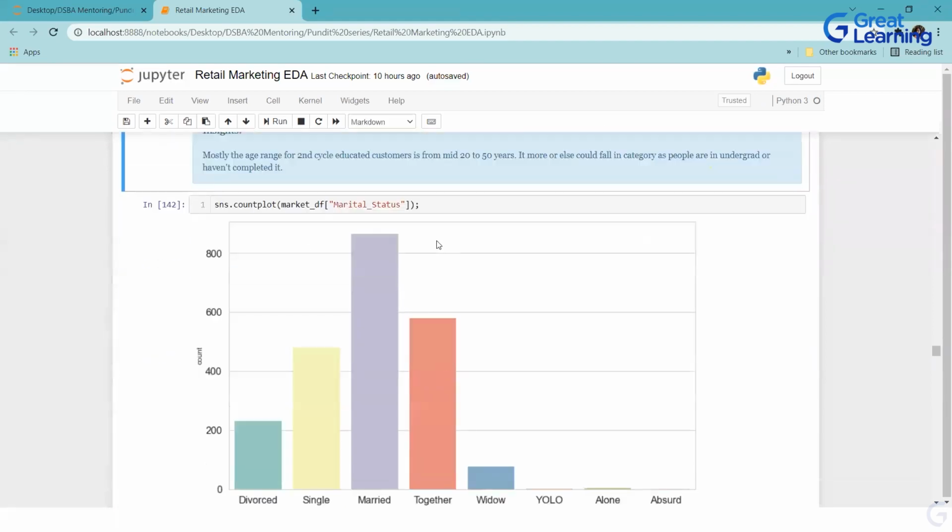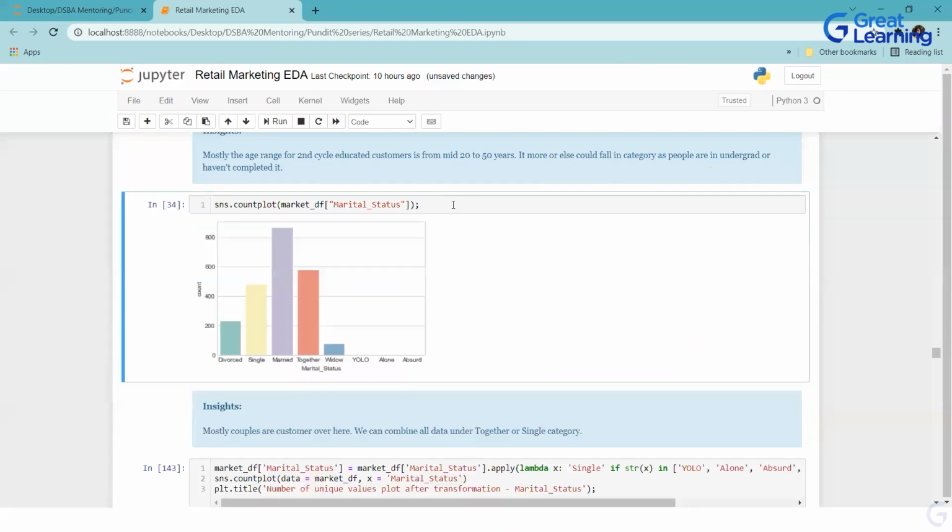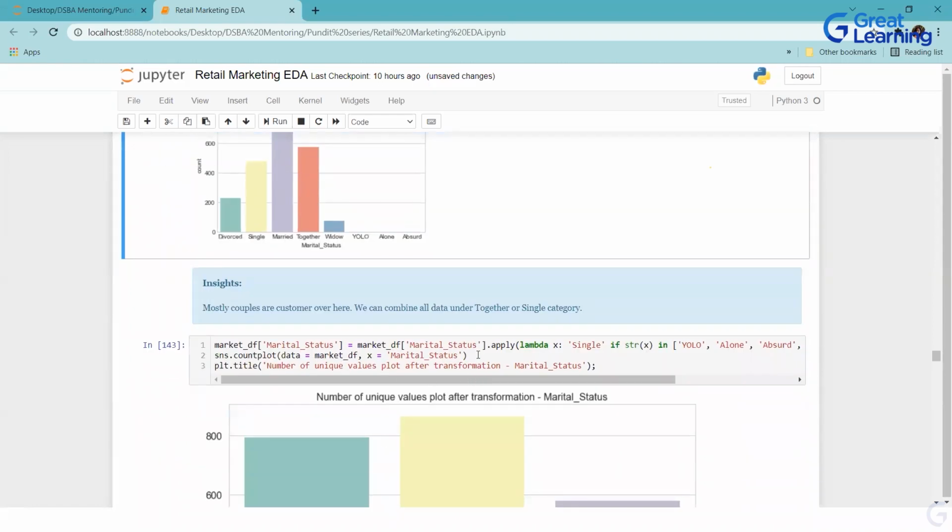Okay, so now let's say the marital status. These are just you clearing your data. In marital status, you can see YOLO, alone, absurd, single, divorced. I can mark everything under single, right? And married and together, I can mark as together. That's what I did. Now I told you about a global function. This is your temporary function or local function that would be only executable for this cell, not in your complete notebook, only this cell.